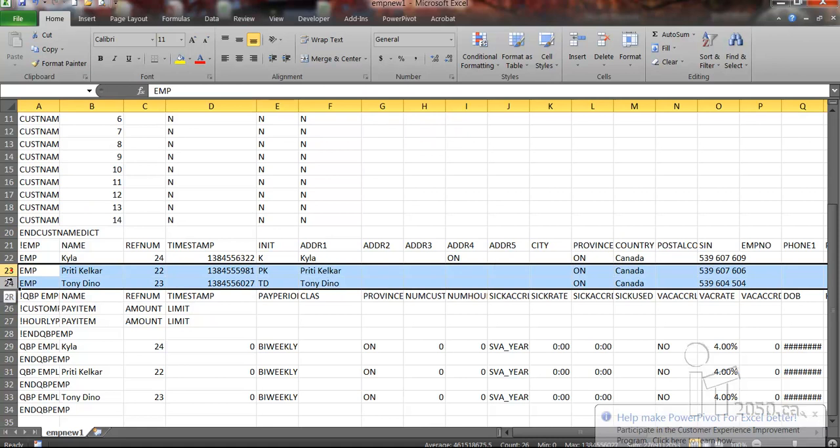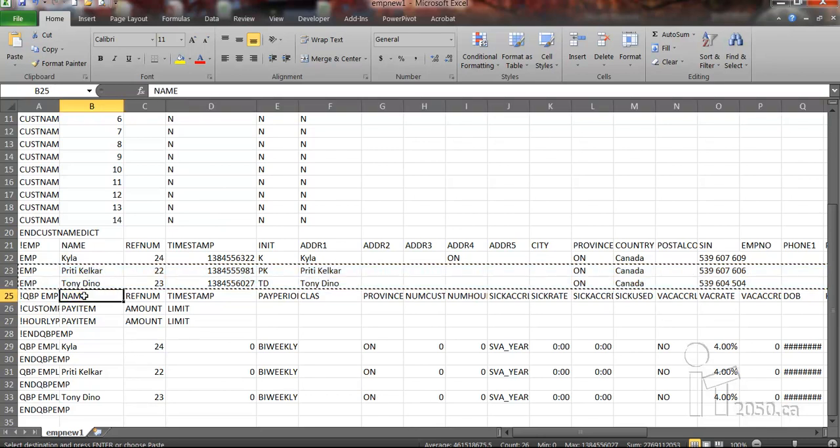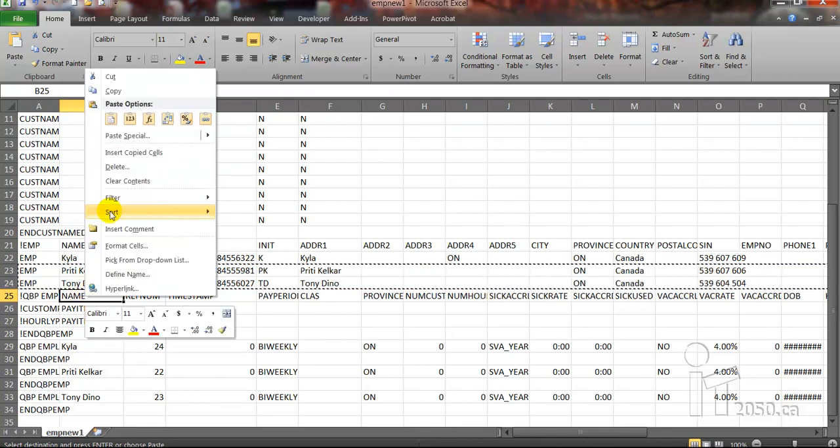So I'm going to highlight these 2 cells, and I'm going to copy these. I'm going to add it just above. So I'm going to add a few rows just below the last record that I have in the list. So let's do this first. So I'm just going to go into